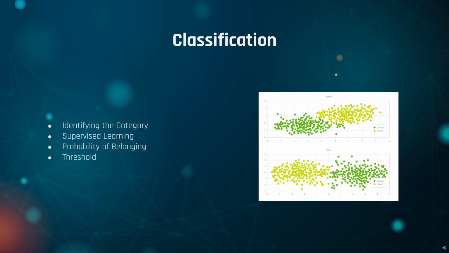So classification. In machine learning and statistics, classification is the problem of identifying to which of a set of categories or a subpopulation a new observation belongs. In our case, it would be to classify the fully qualified domain names or FQDN as DGA or benign. It is a supervised learning method, which means we have labeled data to train our model. For every vector of features, we have a corresponding class label in the training dataset.